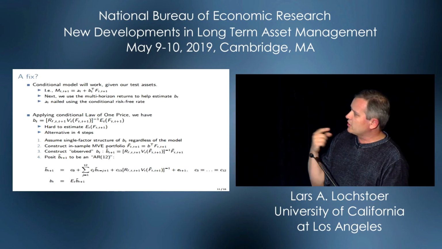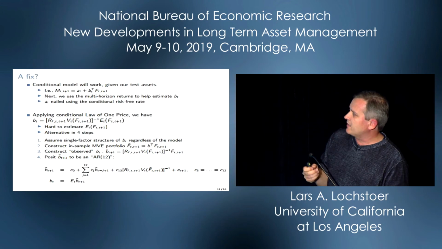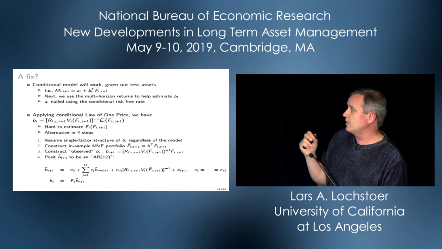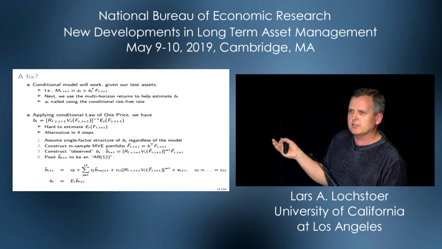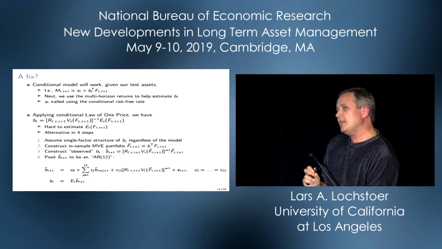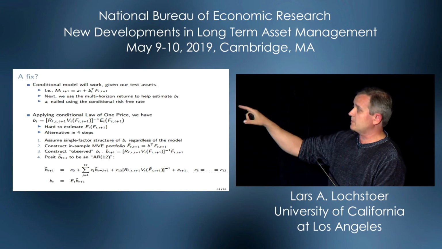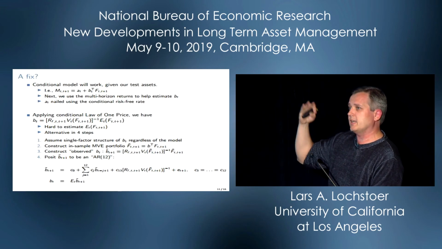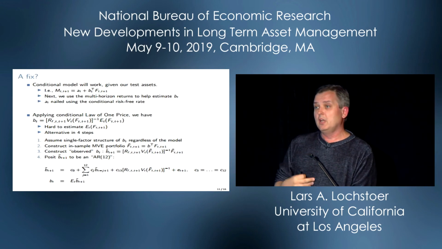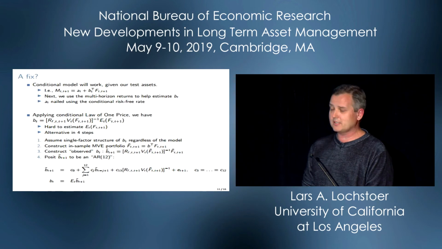If you apply the conditional law of one price, you have this expression here that B_t effectively has to be equal to the expected factor return divided by its variance. The risk-free rate is also there; it's not a big deal. So it was never the case that these models assume IID returns. They didn't do that, but they assume that expected return and variances line up exactly. They've got to be proportional. And so the fact that we reject means that they don't line up. That's really what it means.